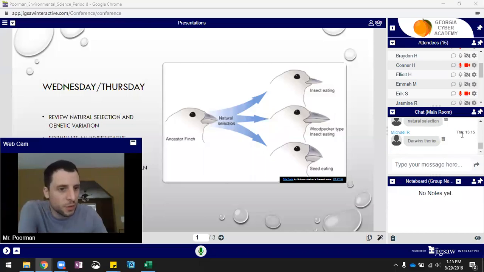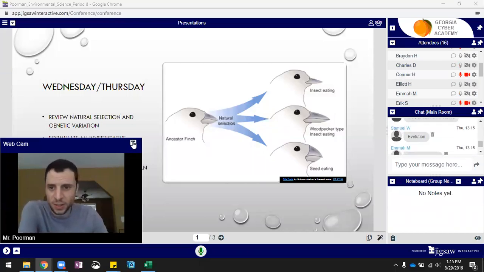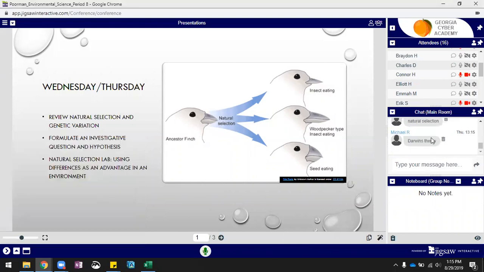Yes, we've been talking about Darwin's theory, evolution by natural selection. We hit on a couple different types of selection, didn't we? We talked about artificial selection, and we've talked about directional selection. And that's what we see right here. We see natural selection, and as a subsection, we're seeing this directional selection, where the population is going in one